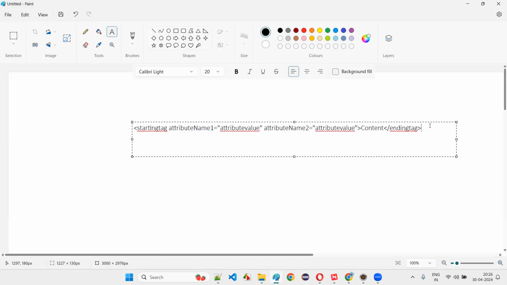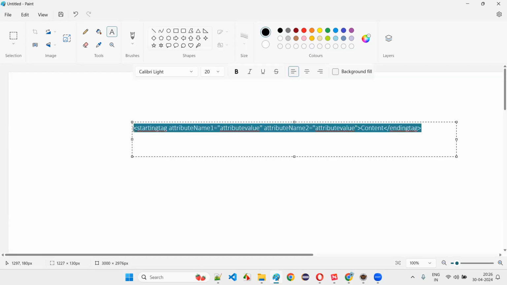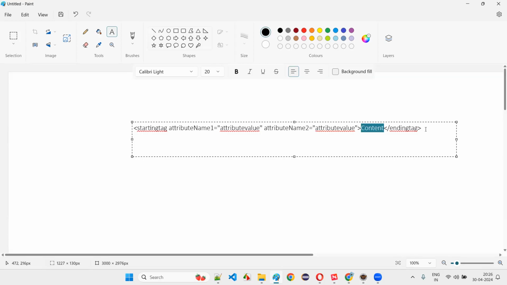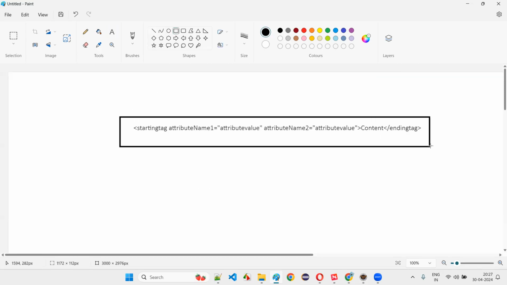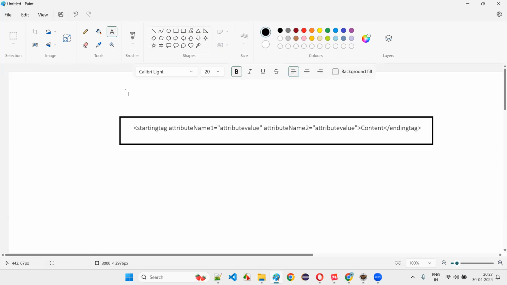Starting tags. We have to provide attributes inside the starting tags. Okay. So together, all these things, starting tag, ending tag, some content between the starting and ending tags, and the attributes and their values together, what will they form, what will they become, guys? All this together will become something, we call this as HTML element.